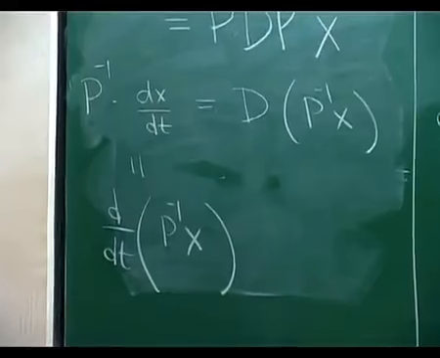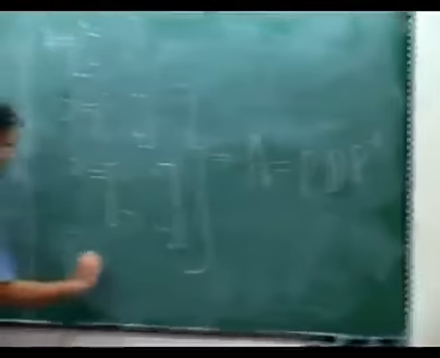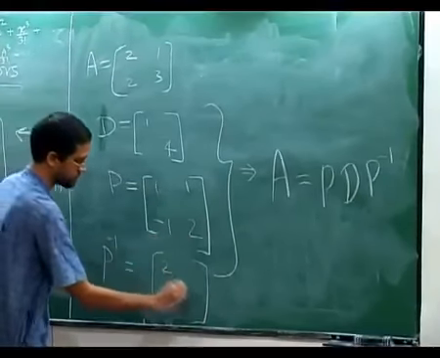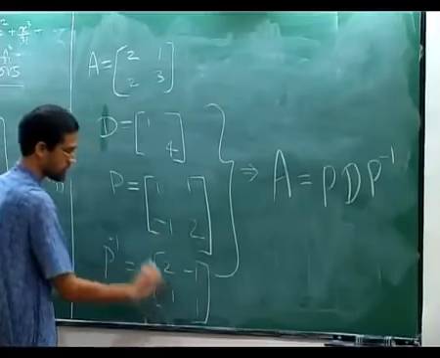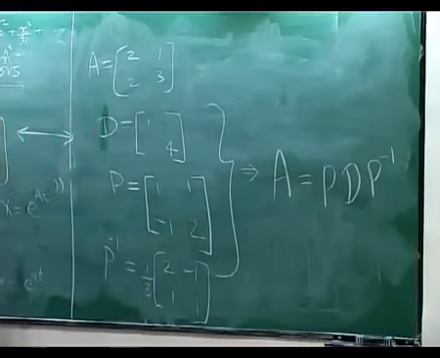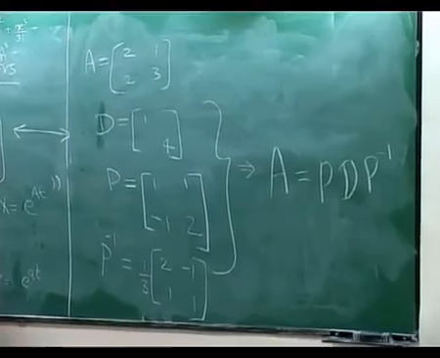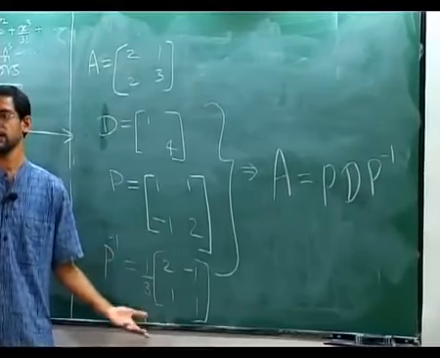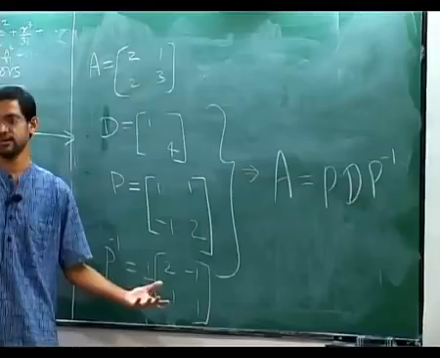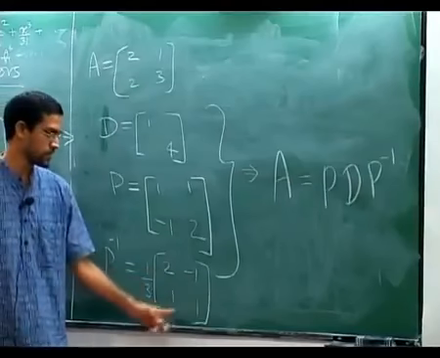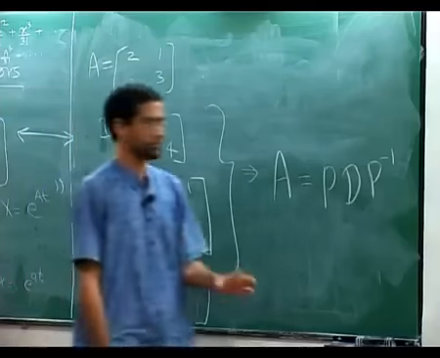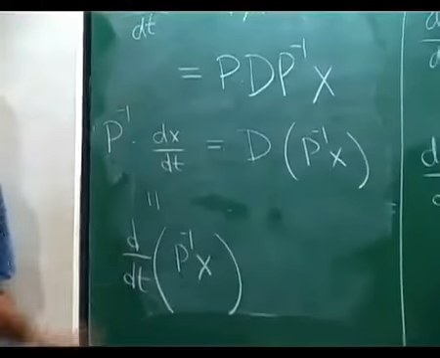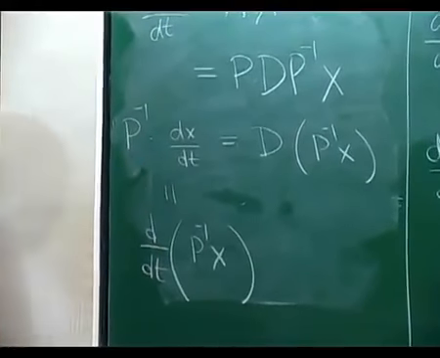So for example, let's calculate P inverse here. A 2 cross 2 matrix inverse is very easy, right? You just swap the diagonal entries, negate B and C, and divide by the determinant, which is 3 in this case. So that's the inverse of this matrix. P inverse is just some 4 numbers. It's a constant. So if I take the derivative of this matrix, it is 0. Derivative again means you should take the derivative of every entry. So that term I will not get. If I do product rule for this product, I will only get one surviving term, which is this one. The other term is 0. So it's the same.